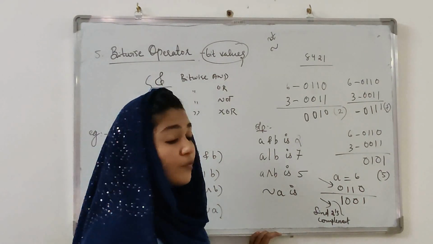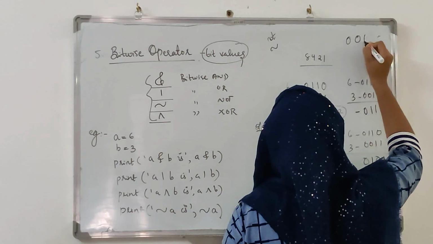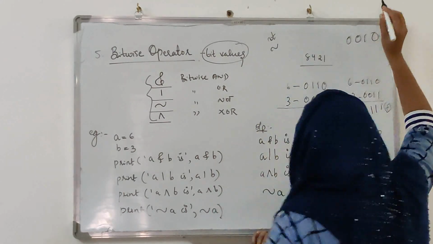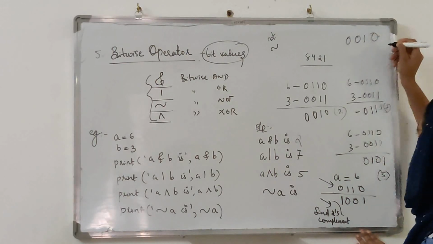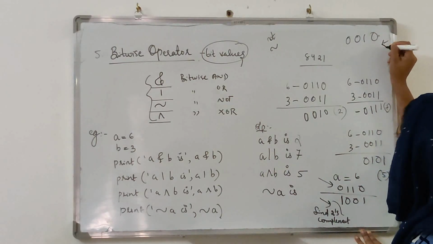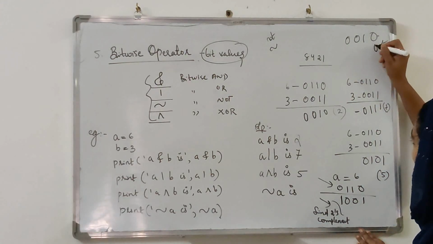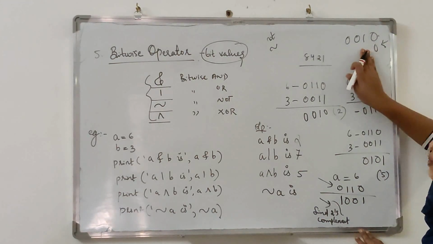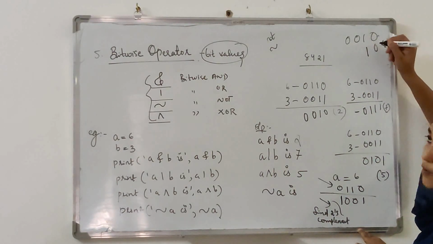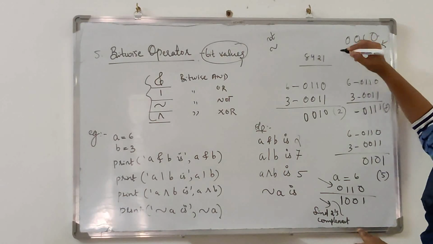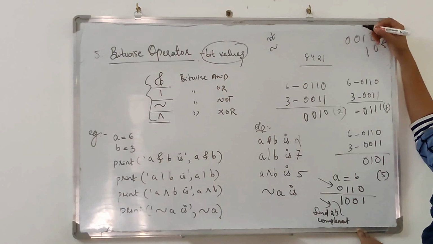So there is a rule to find out the 2's complement of a number. Suppose we have a number 0, 0, 1, 0. Then the 2's complement of this number is: from the right-hand side, copy up to the first one. So copy the 0 as it is. Copy up to where? Copy up to the first one. So this is our first one. Then complement the remaining bits. Then we will get the 2's complement of a particular number.